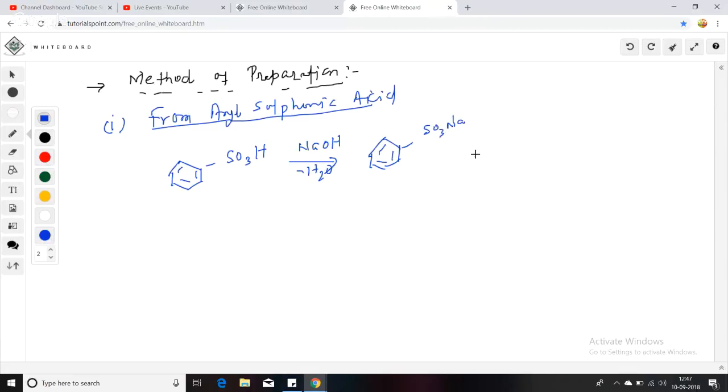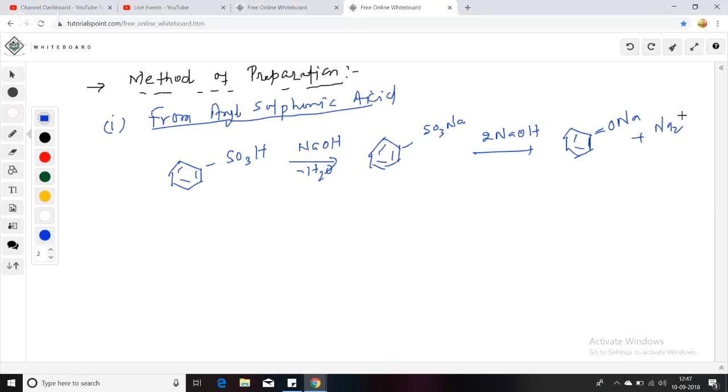And now when you put NaOH again, 2 moles of NaOH, fusion takes place and Na2SO3 comes out, and we get sodium phenoxide, ONa,